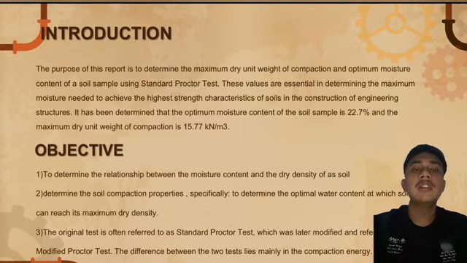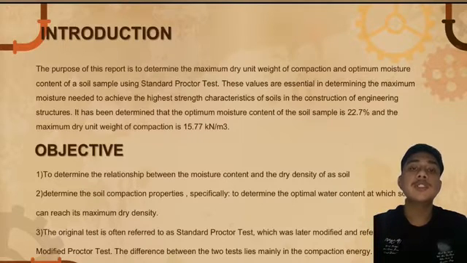Okay, the main objective in a standard Proctor test is, first, to determine the relationship between the moisture content and the dry density of a soil. Second is to determine the soil compaction property, especially the optimal water content at which soil can reach